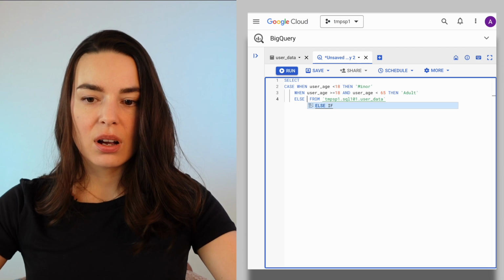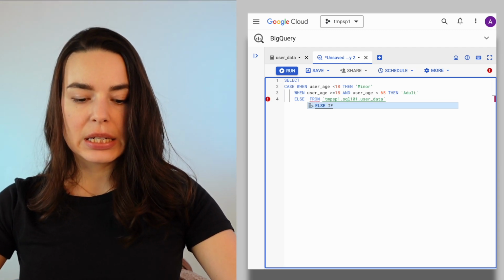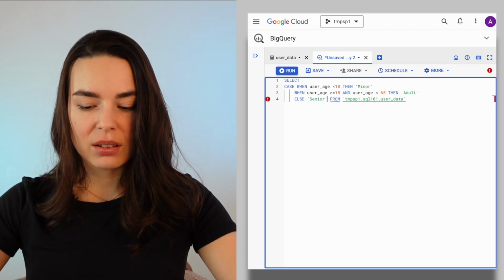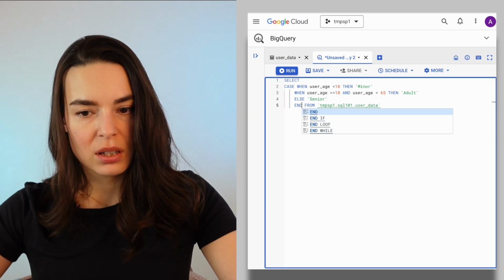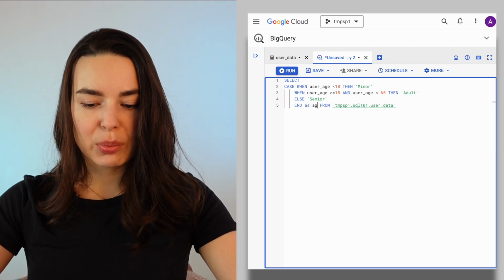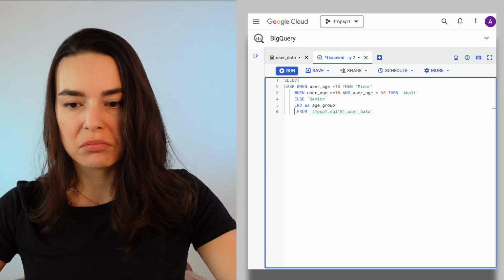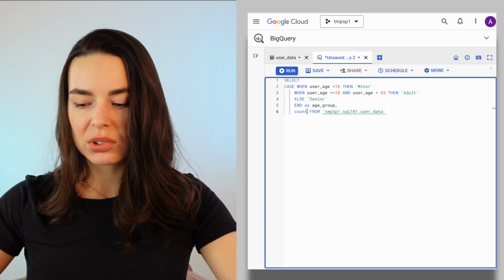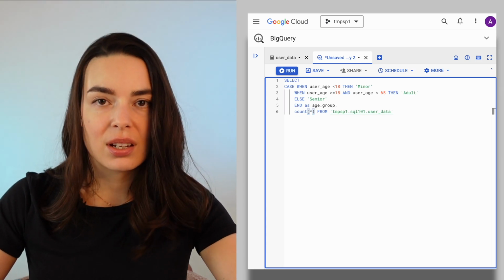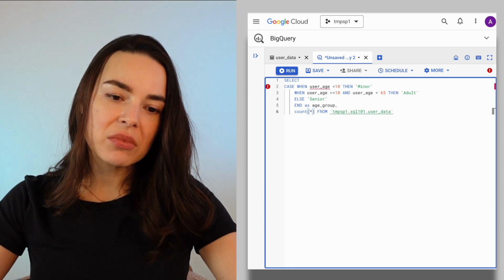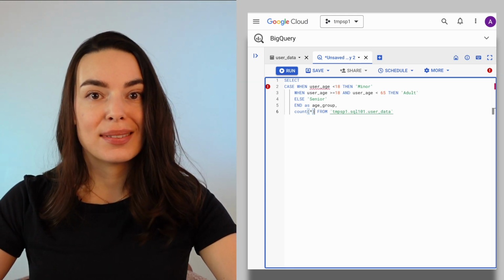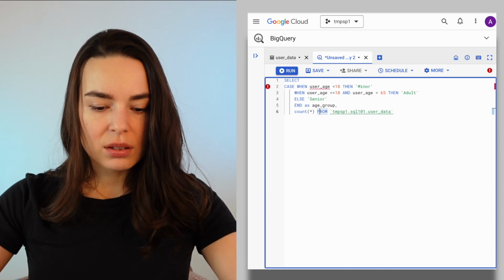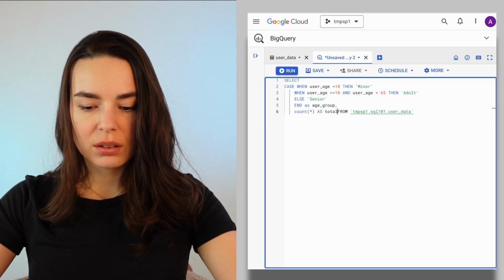Else, all other options we assign senior. And we end this case when statement as age group, for example. So we name this new column and we just can count all of the users. Since we've seen that in this table our user IDs are unique, we can do that. Otherwise, if we don't know if they're unique, we need to count distinct user ID as total customers